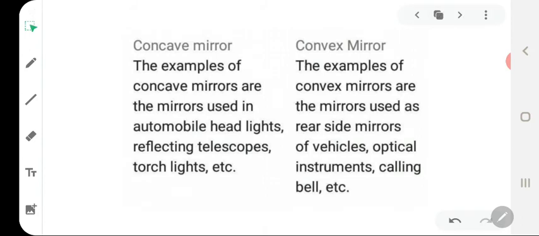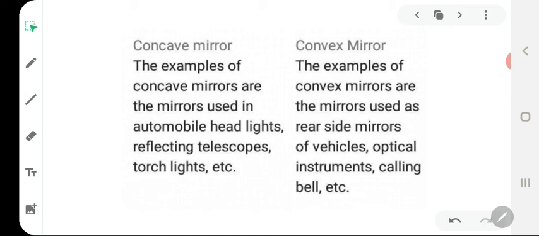Concave mirror. A concave mirror finds its application in the mirrors used in automobile headlights, reflecting telescopes, and torchlights. It is a very good reflector, and that is why it serves that purpose in searchlights, motor headlights, and torches to produce an intense parallel beam of light. A bulb is placed at the focus of a concave mirror or concave reflecting surface, and the beam of light from the bulb, after reflecting from the concave mirror, goes as a parallel beam. This parallel beam of light illuminates the road ahead of the vehicle.